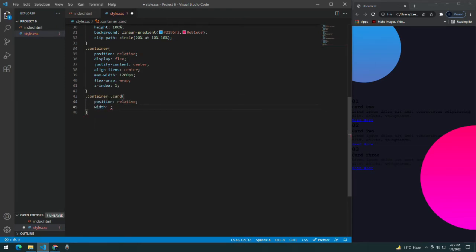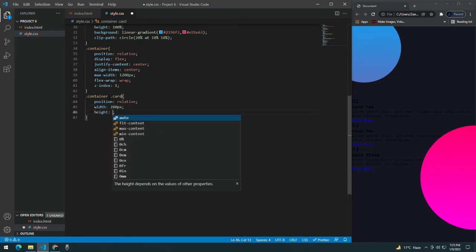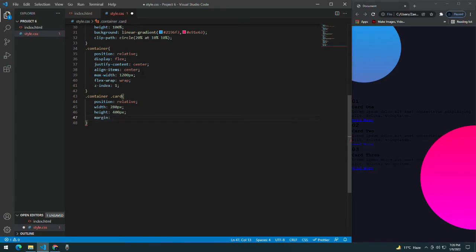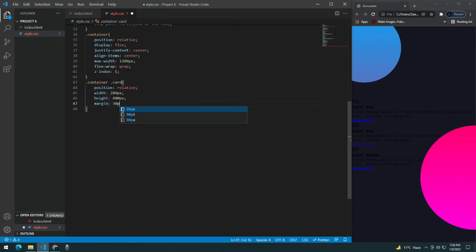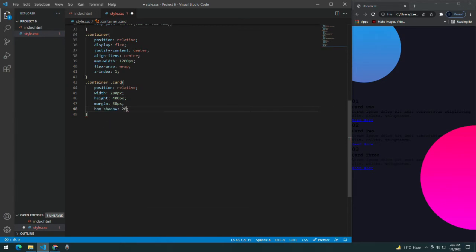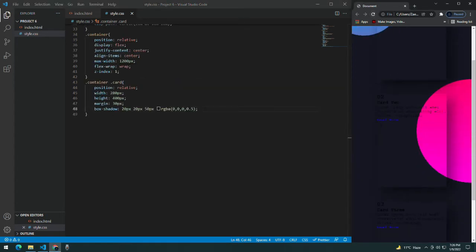Give it a position of relative, width of 280 pixels, height of 400 pixels and a margin of 30 pixels. Now let's give it a box shadow as well of 20 pixels, 50 pixels, RGBA values of 0, 0, 0 and an opacity of 0.5.